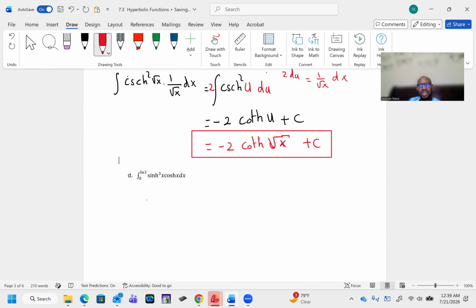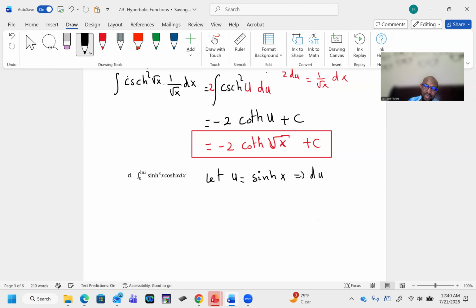Will not change. Again, there is no product rule on integral, right? So we can see we have two hyperbolic functions, but the highest power is hyperbolic sine. So in that case, we will just say let our u be equal to the highest power, which is hyperbolic sine of x. Okay, then